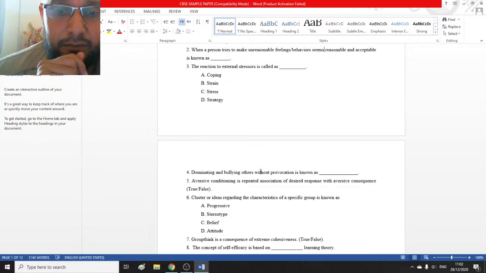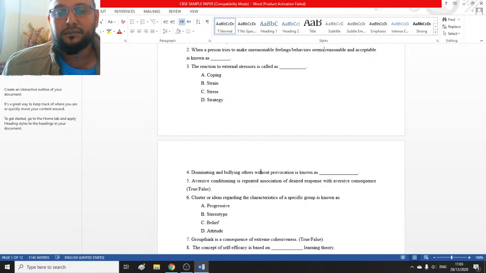You will get confused. In aversive conditioning we are using the electric shock, and at the same time in electroconvulsive therapy also we are using the electric shock. You see, the electric shock given in electroconvulsive therapy, in ECT, is basically given to the brain region. But in aversive conditioning, we are not going to touch the brain region. It is given to the remaining part of the body.